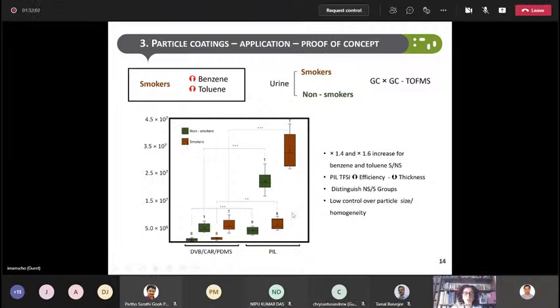brown are the smokers. What we can see here is that the commercial fibers, DVB with carbon and PDMS, which is a very new fiber that just came out, a mixture of polymers that also has activated carbon in it, do not detect the amount of benzene and toluene as well as our fibers do. So just by applying this proof of concept in natural matrices, we can see that our fibers really